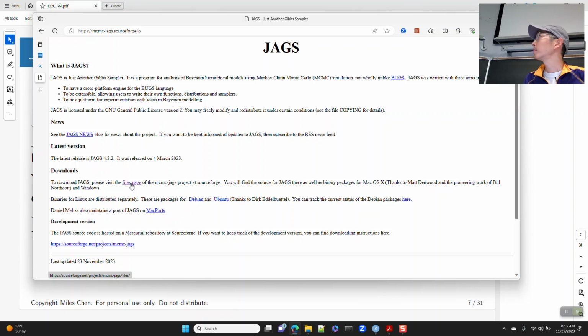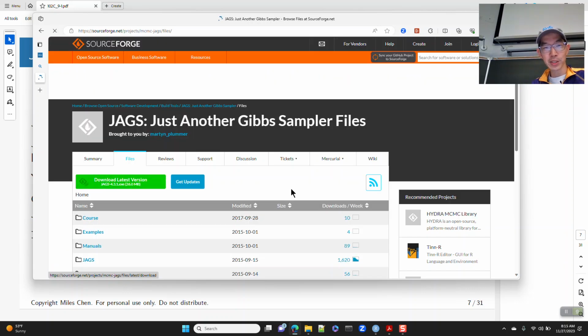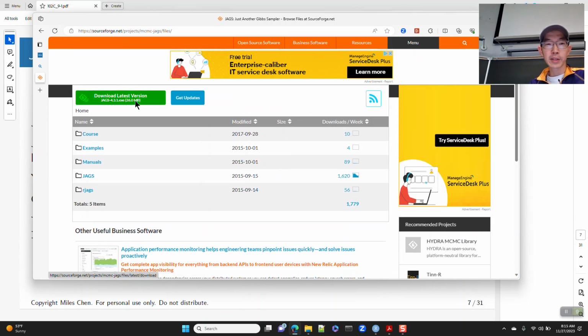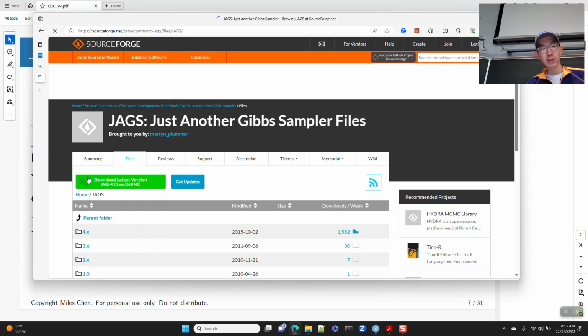Unfortunately SourceForge has a whole bunch of ads. You can download the latest version. I believe the latest version for Windows is 4.3.1, and I think for Mac it's 4.3.2. SourceForge will try to auto-detect what system you have, and you can just click this,